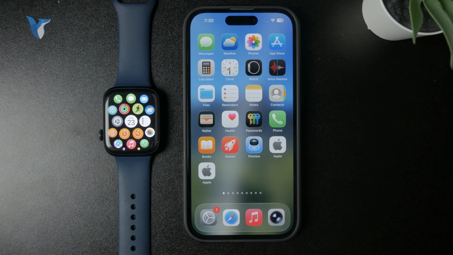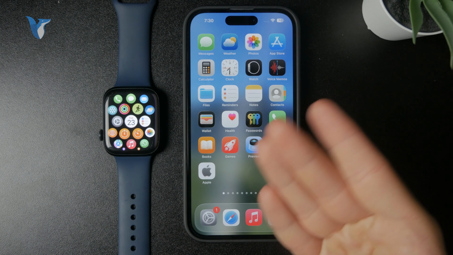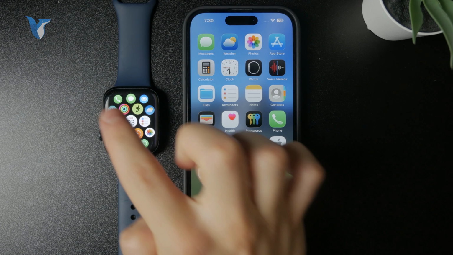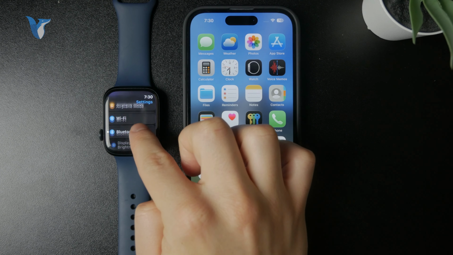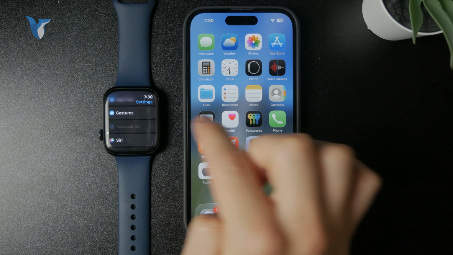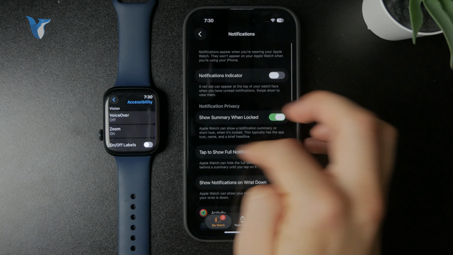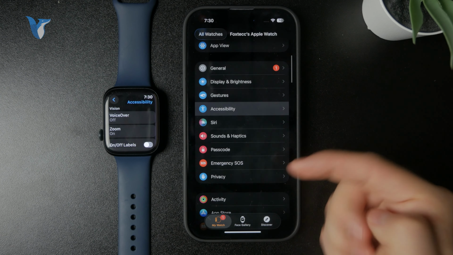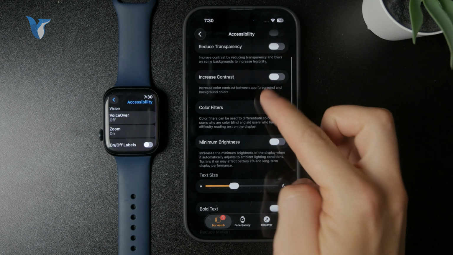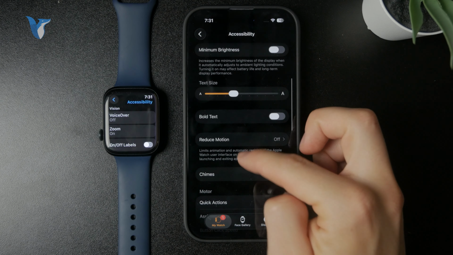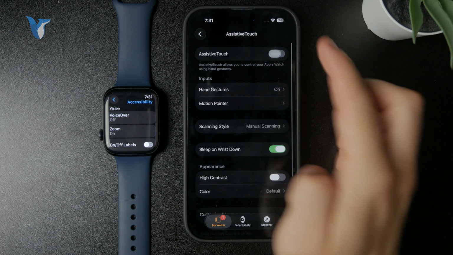So the reason why this blue line appears is that it indicates the accessibility features. And there are actually more things which might be causing that, but when you go to the Watch app on your iPhone and proceed to the accessibility section, you'll be able to browse through random features here, but you can, for example, go to the AssistiveTouch section, and if you have it enabled and if you use some